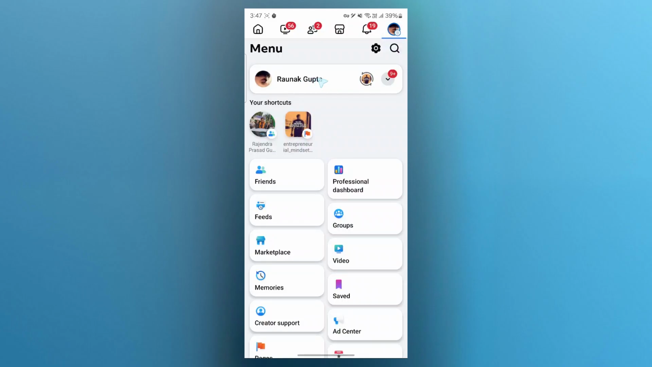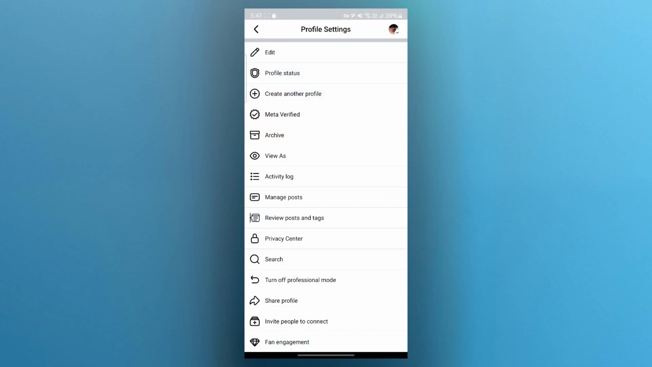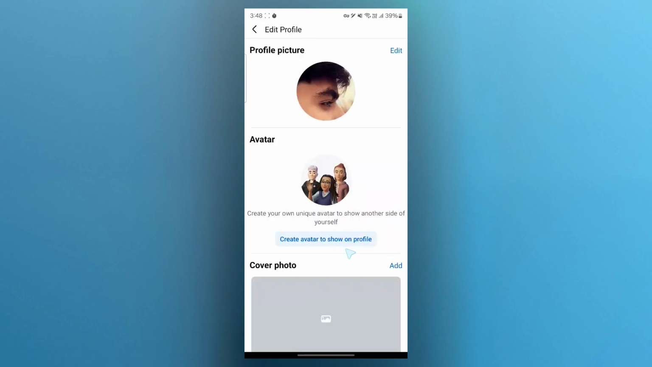Now click on your profile here. So basically navigate to your profile and here you're going to click on this three-dotted icon just right here. Now click on the edit option under profile settings. So here you will have to just click on the edit icon and it will take you to this page where